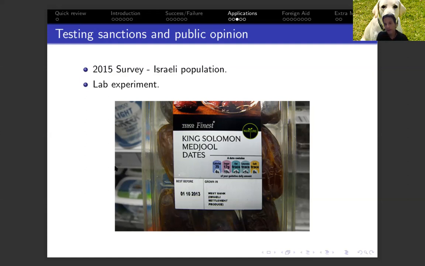Again, the idea behind focusing specifically on those kinds of products is to put pressure and to create economic cost to the manufacturers of these products, which all of them reside or work in those territories, and they're supposed to pressure the government to change its policy. The main benefits of this kind of test is that it relates to a real-world salient event. It reflects the actual attitudes of the public regarding a policy which actually took place.